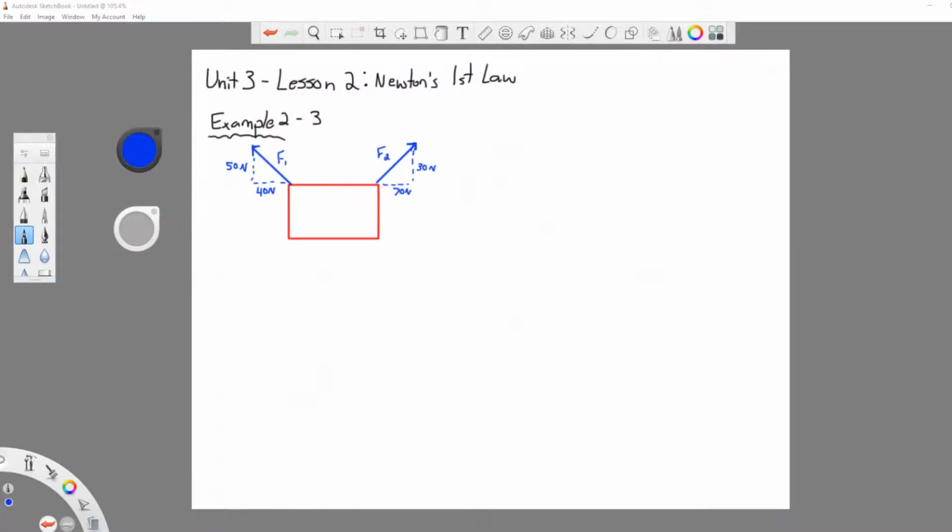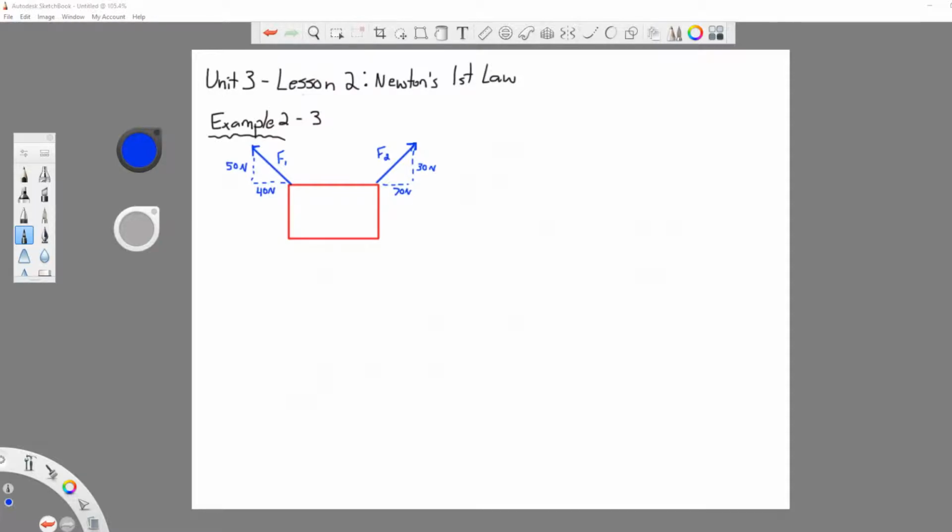Okay, welcome to Unit 3, Lesson 2, Newton's First Law, Example 2, Part 3. That 2, Part 3 is the last example on lesson number 2. We've made it through it, but not quite yet. This last example is a little bit longer, a little bit more complicated. Not exceptionally more complicated than the others, but it is definitely sort of what we've been striving to get to